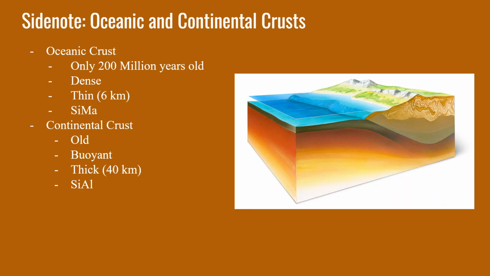It's made primarily of silicon and magnesium, and magnesium is a heavier element than aluminum, so it'll sink below, especially as the oceanic crust moves further away from the mid-ocean ridge. It gets older, it gets denser, so especially that older crust will tend to subduct